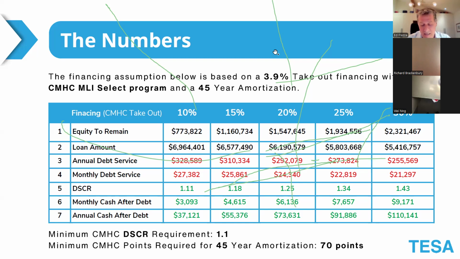And the idea is that typically CMHC will want to see that you've got between 25 and 30% of the project cost. Again, let's go back to that hypothetical $1 million land, $2 million hard and soft, $3 million project cost. They want to see that you've got between 25 and 30%. Let's use 30% to be more conservative. 30% of 3 million is 900 grand. So if you have 900 grand and you're buying a building with that, and it's going to need no more than 30%, 900 grand, you can do this deal.